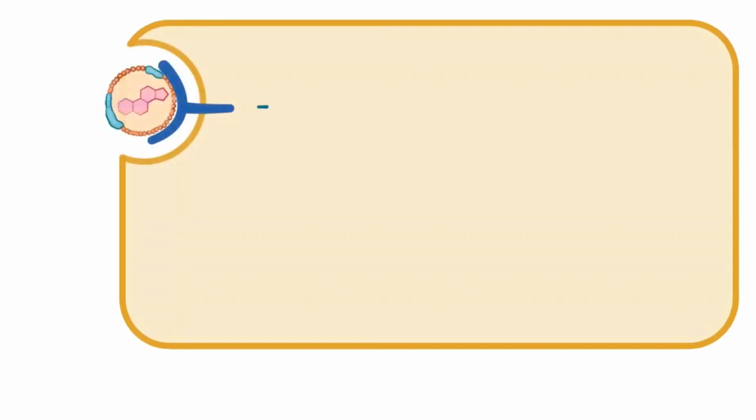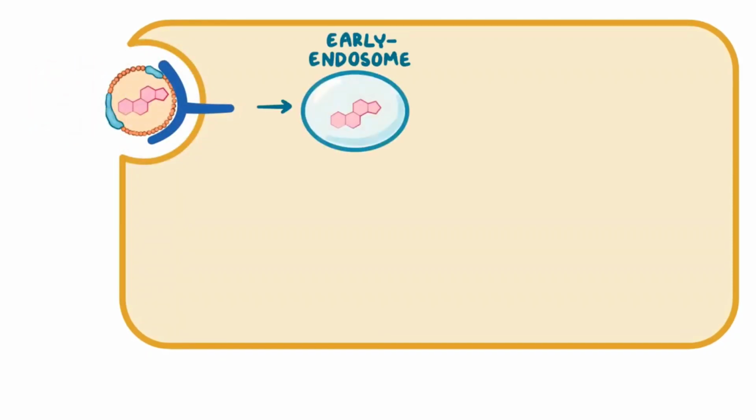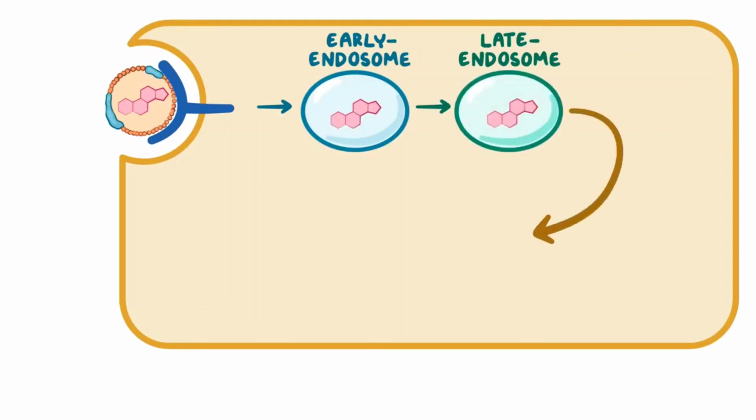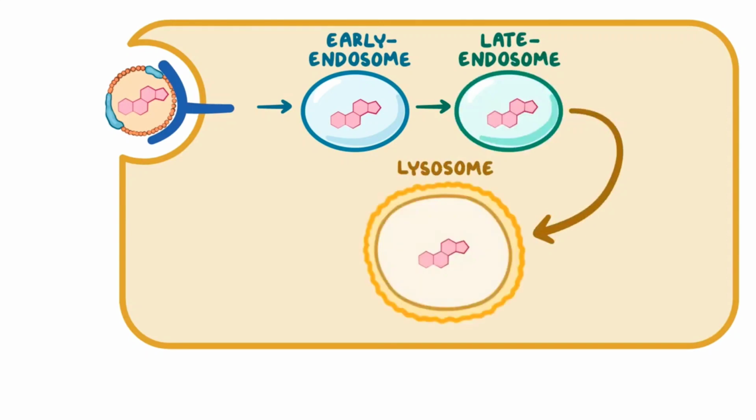Now, cholesterol reaches the cells packed in lipoproteins, which bind to low-density lipoprotein, or LDL receptors, on the cell membrane to get inside the cell. Then, cholesterol reaches the early endosome, which is an intracellular organelle, that eventually matures into a late endosome, and finally into a lysosome. Inside the lysosome, cholesterol is processed and recycled, so that it can be incorporated into the cell